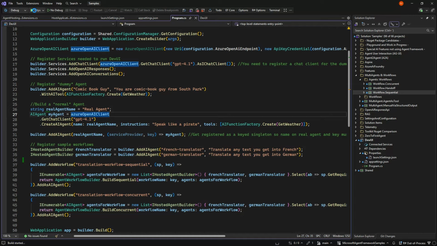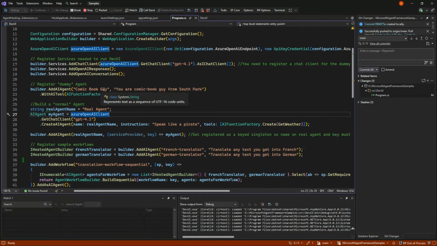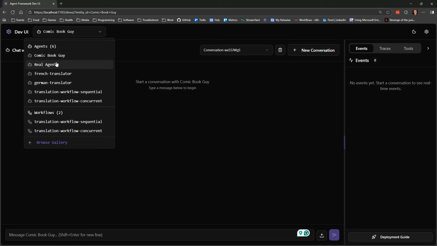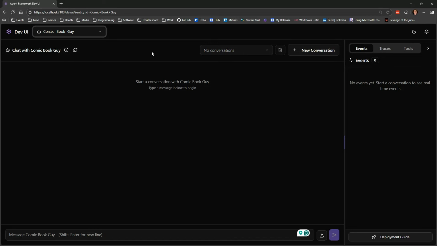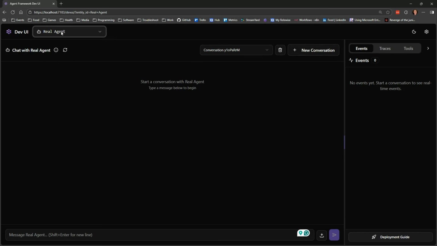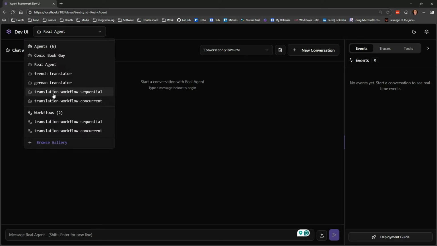So if we do that and come back, let's see a little more in detail what's going on. We can choose our agent up here, and whenever we choose them, we can go in and make multiple conversations with them. And the real agent was behind the scenes, where we newed up our agent instead of using these add agent UI. Then we have the French and the German translator, and have them also as workflow sequential parts.